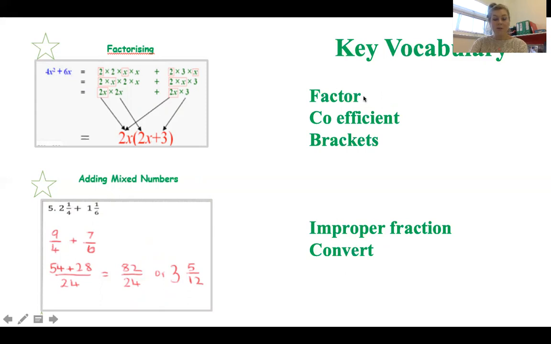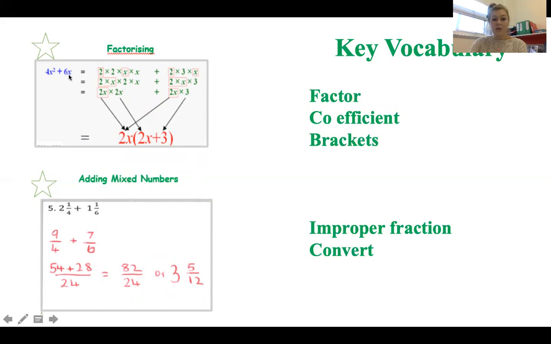What I mean by factorising is by putting the expression back into brackets by taking out the highest common factor. So what we need to do is look at what factors the 2 and the 6 have in common here. What is the highest common factor of both of those numbers? Once I have the highest common factor, I remove that from my expression, and this goes on the outside, and